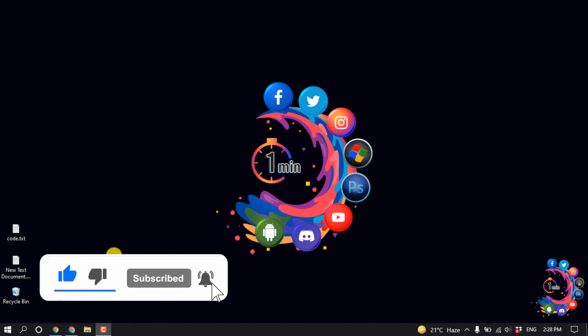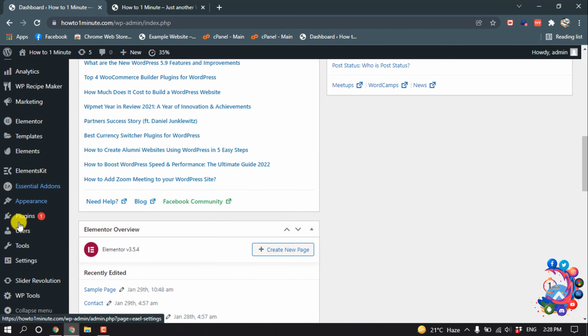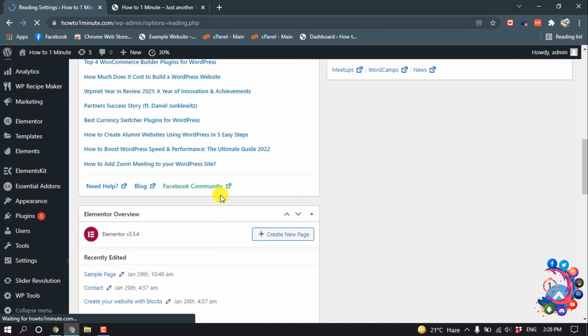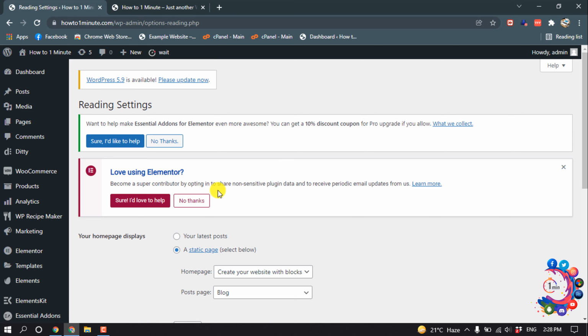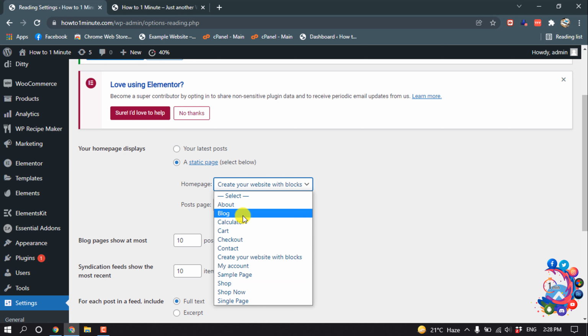How to 1 minute. So first of all, open your WordPress dashboard and then go to settings and click on reading, and here we can see the option your homepage displays. From here select a static page and homepage, click on this drop down, and from here select your home